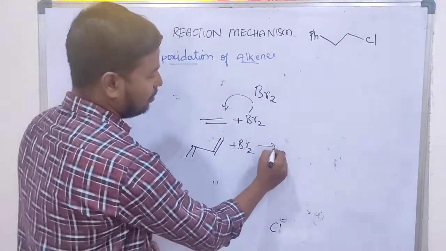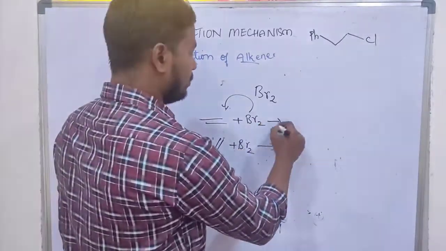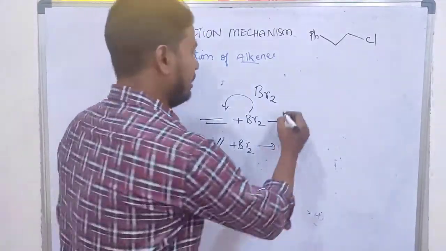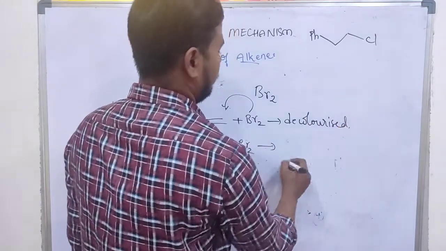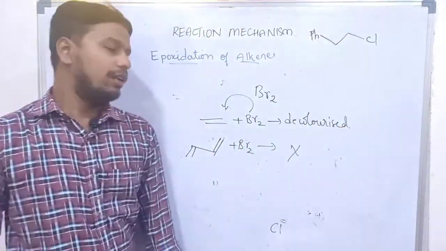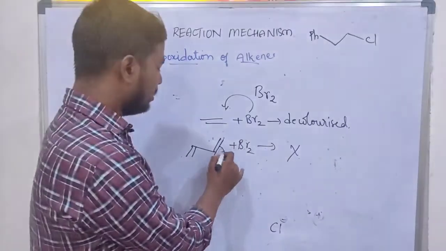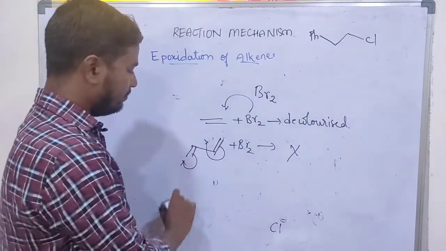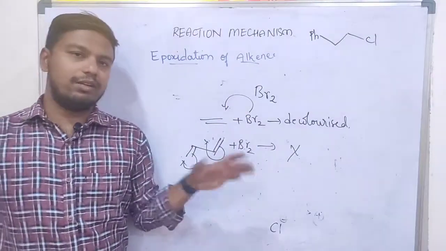In this case, the bromine color is retained. That means the bromine color is not changed. When you observe this example, bromine is decolorized. Here it is not decolorized, which suggests that electrophilic addition is not going to happen here. Why? Because these conjugated ones keep on rotating. That means they are involved in resonance. So no particular double bond is there to capture, right?